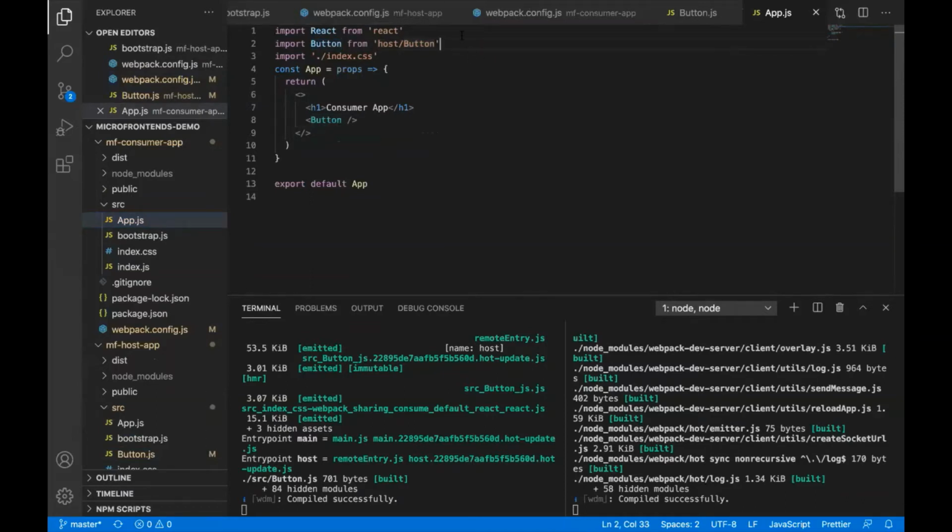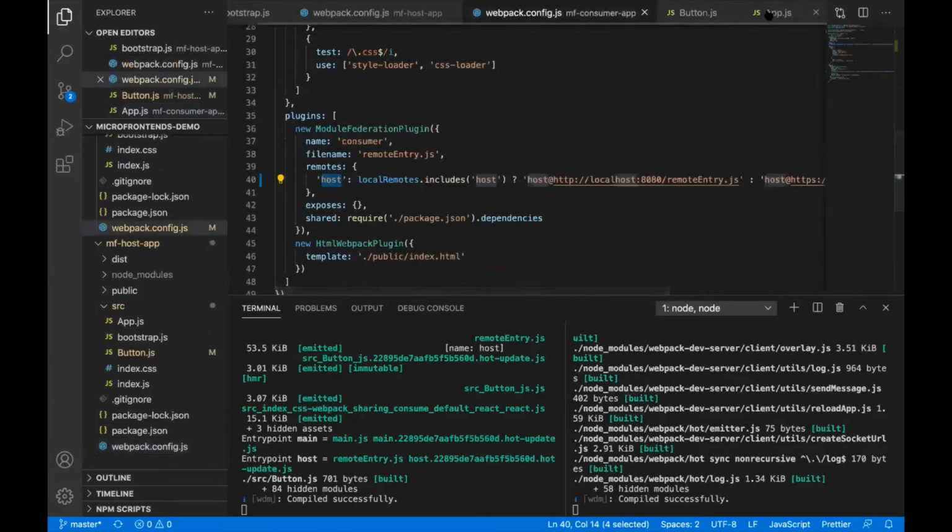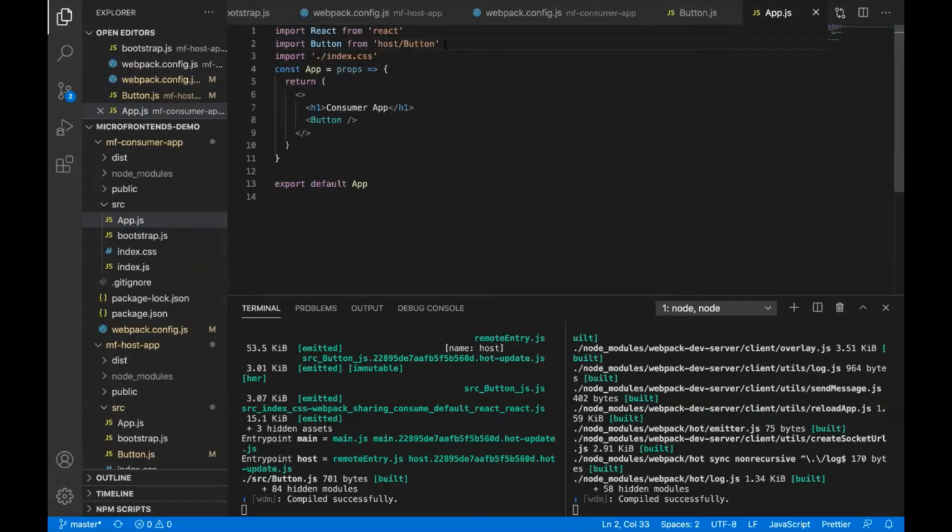If you are exposing a dialog component also from the host, you just have to import it like host slash dialog, and then the dialog will be there.